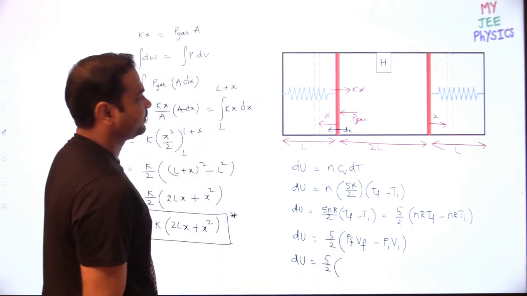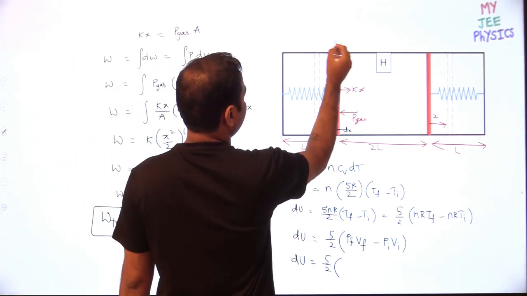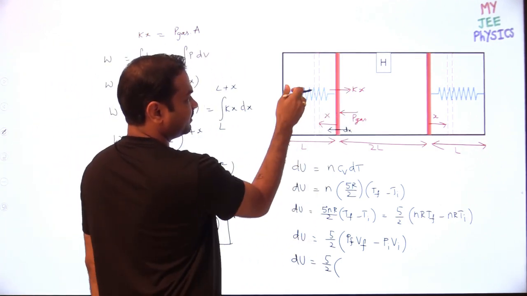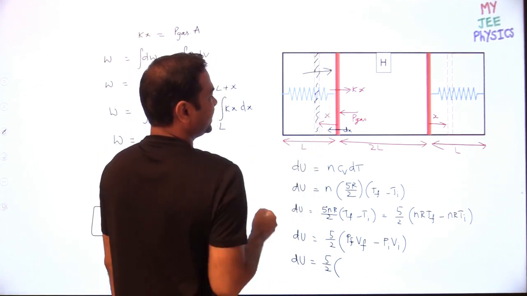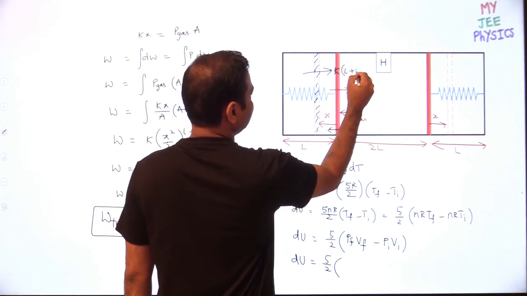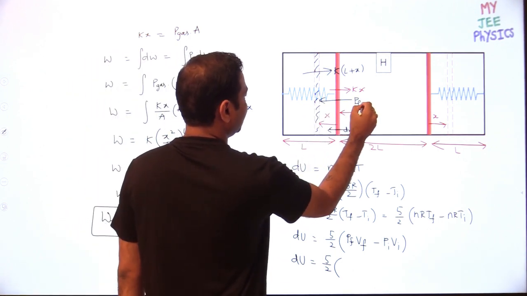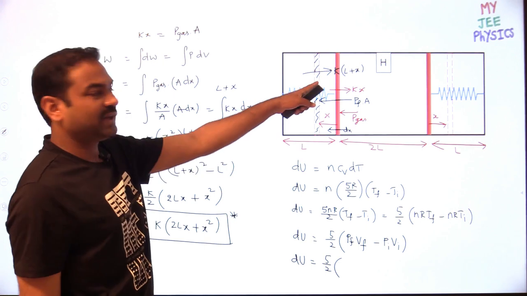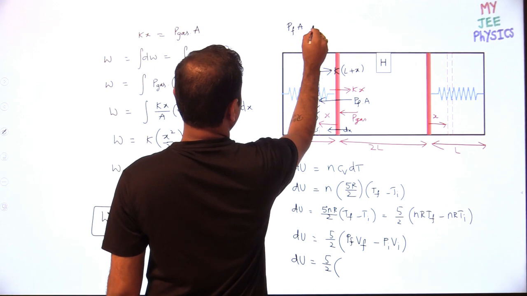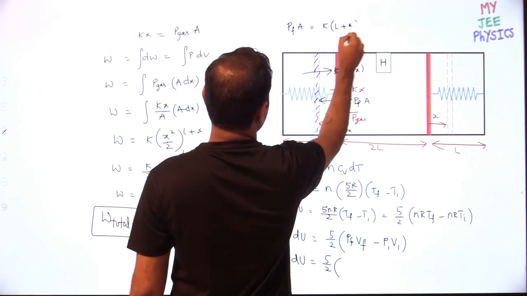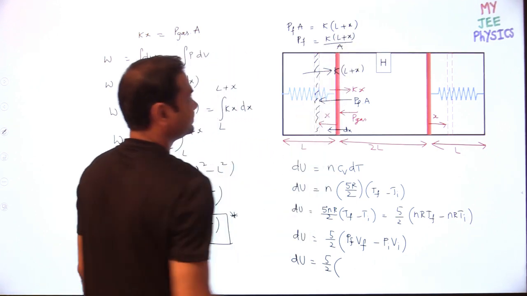What is the final pressure? Already we have taken this one. See once, the final pressure is nothing but the final force acting on the piston by the spring. At this place, as the piston is here, what is the force acting by the spring? K into L plus X will be the total compression. Then what is the final pressure of the gas? Final pressure of the gas into area will be equal to K into L plus X, for equilibrium. So the final pressure is equal to K into (L plus X) by A. This is the final pressure. Okay.